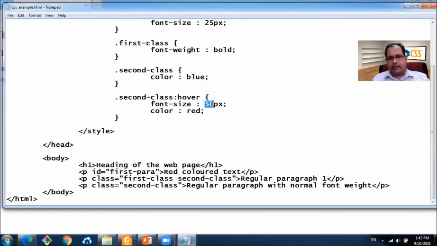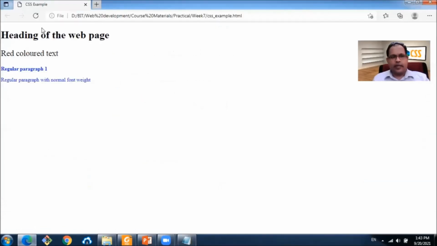Now let's reduce the font size to maybe 25 pixels to make it less dramatic, like this. Right? Because we have the second class in the second paragraph, it also caught the hover styling change.